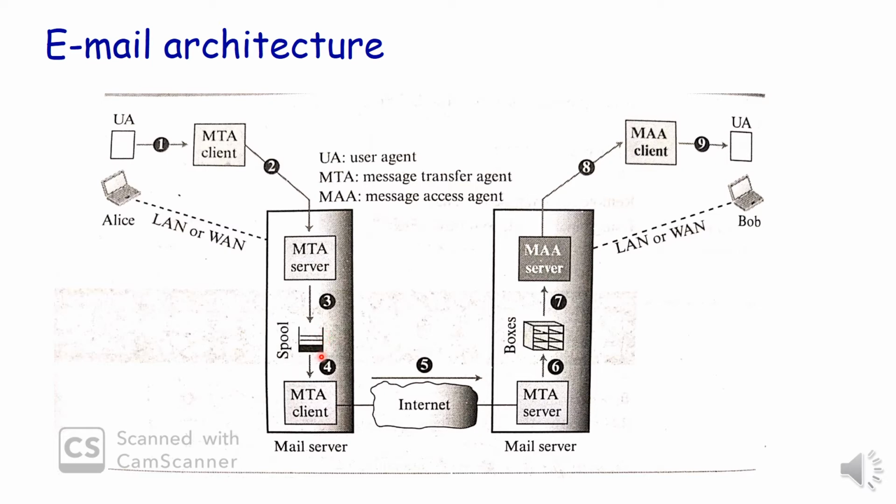However, the message needs to be sent to Bob's mail server, which requires an internet connection between server and server. That means there may be multiple servers in between Ali's mail server and Bob's mail server. And all the mail servers will take care of propagating the message, and finally it arrives at the mail server of Bob's site.